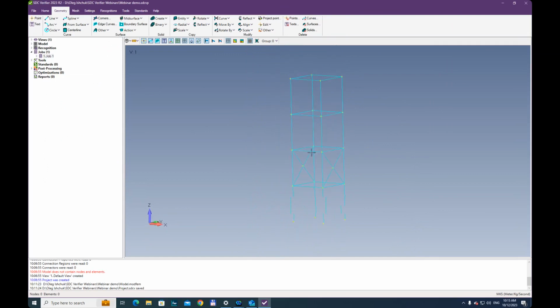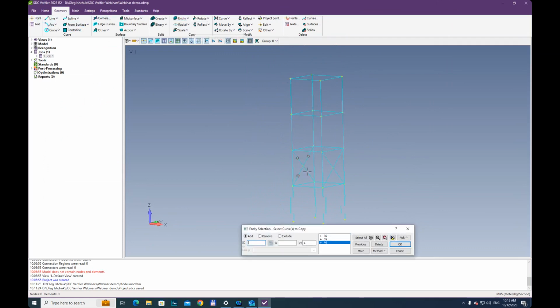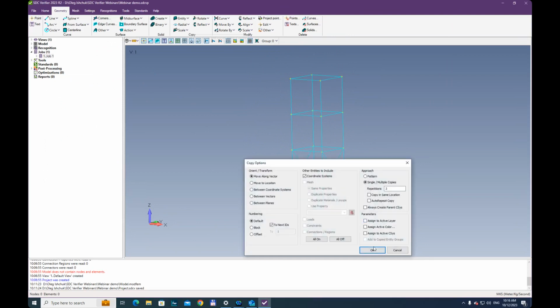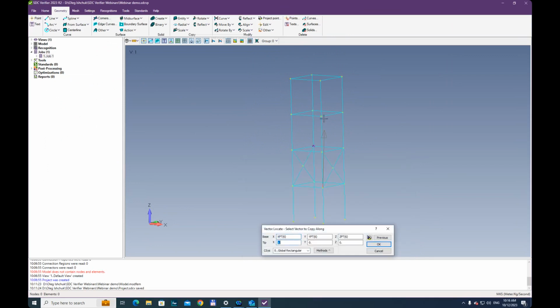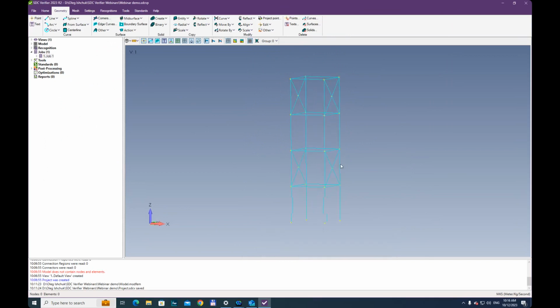What I would do is probably I would copy for some consistency in this design. I would do, let's say, copy the curves again. I'm just creating this geometry out of my mind with no specific idea in mind, but let's make 1 repetition and copy these lines from here to here, press OK. So we have something here. Maybe let's do some diagonal members